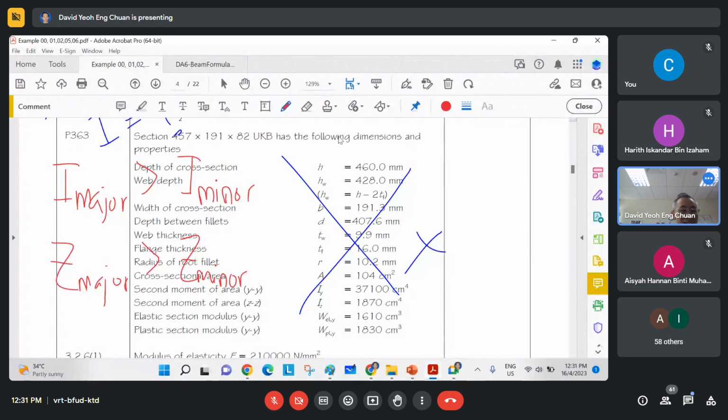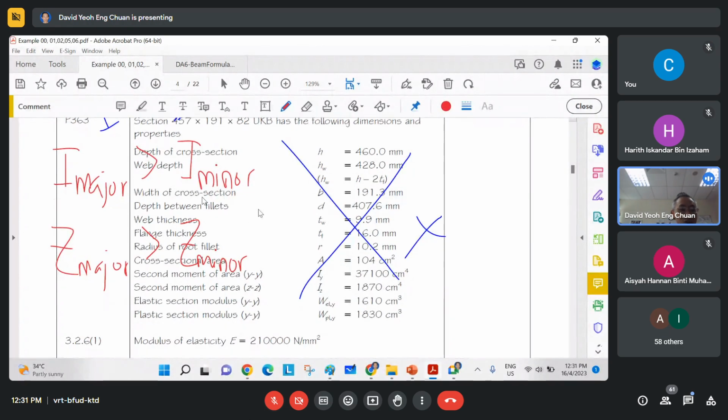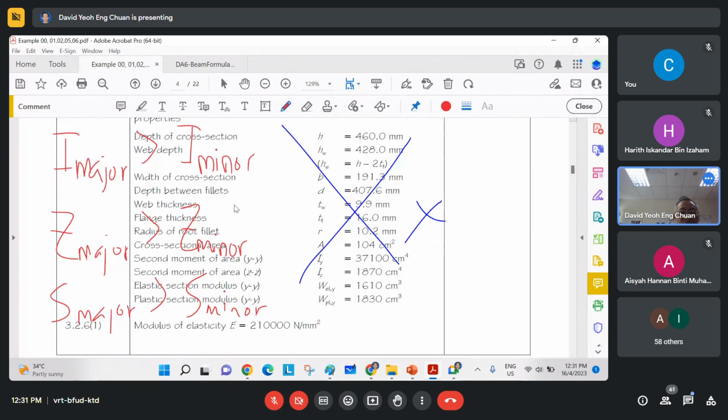Section modulus lah. Okay, section modulus, elastic section modulus, or plastic section modulus is S. S major lebih daripada S minor. So these are the sign convention that we use in the British standard days. Okay, so always ingat, kita beam kalau saya guna